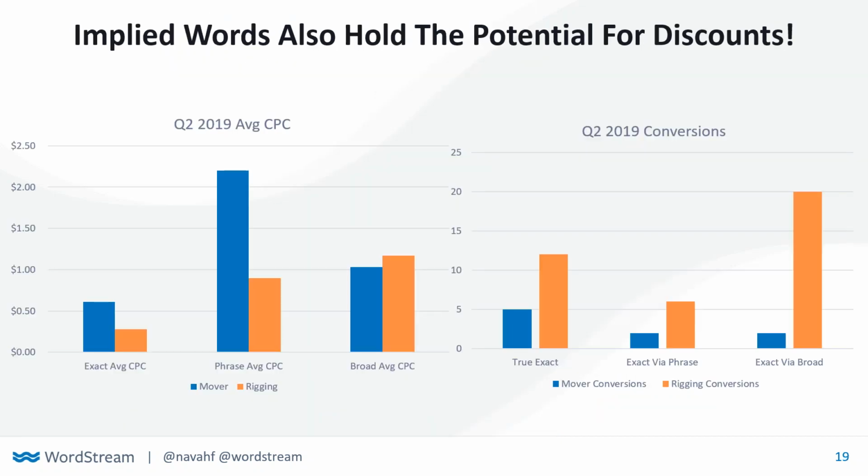And with implied words, there are also potential discounts. So in the old rules of engagement, moving and rigging, mover and rigging, or rigger or rig would be considered net new ideas. Yet in today's world of implied matching, you could actually leverage just rigging and you would capture all of that traffic. So when we're thinking about close variants, it's not just the opportunity to get net new queries, it's also the opportunity to invest in specifically the ideas that represent cheaper costs and greater conversions.